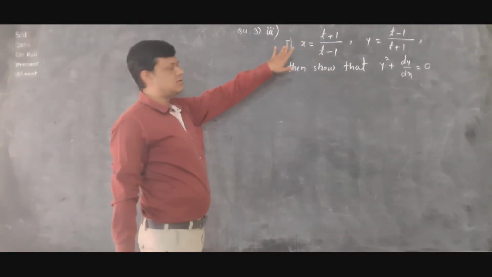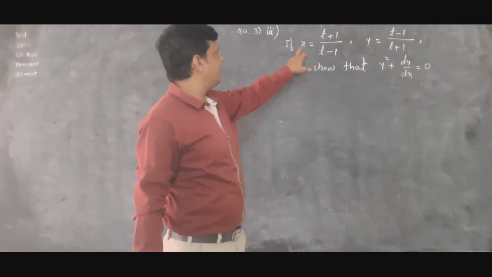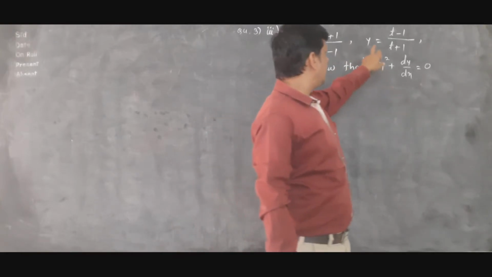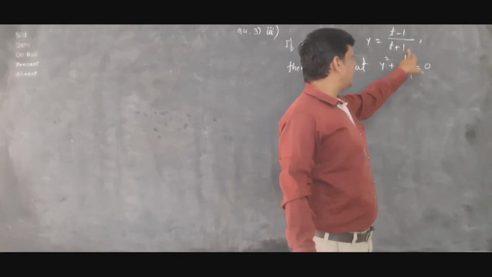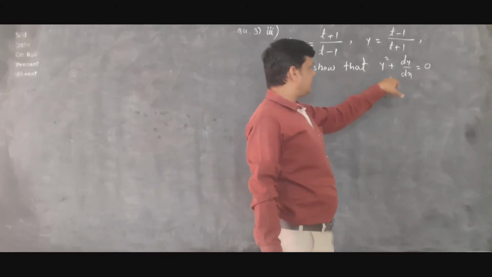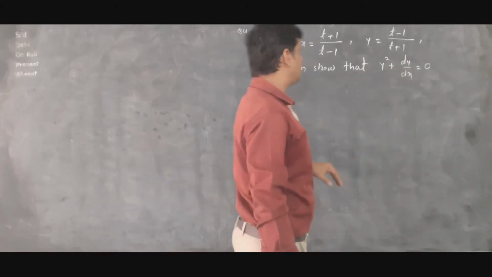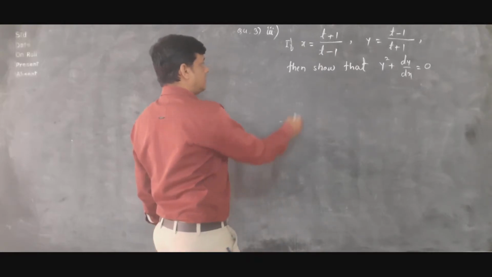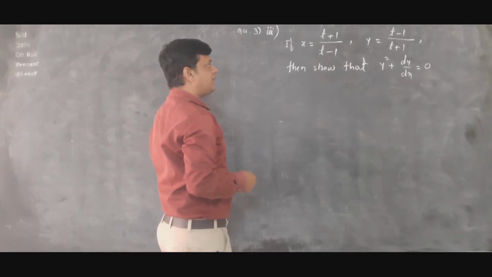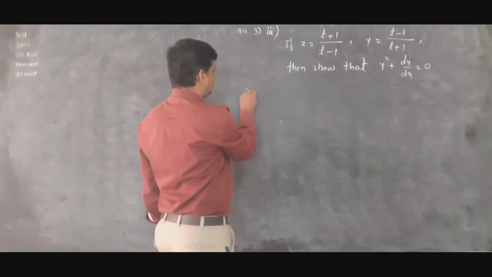Now see the third sub question. If x is equal to t plus 1 upon t minus 1, y is equal to t minus 1 upon t plus 1, then show that y square plus dy by dx equals 0. So here we eliminate the parameter t first, then we differentiate the given function. So write in solution